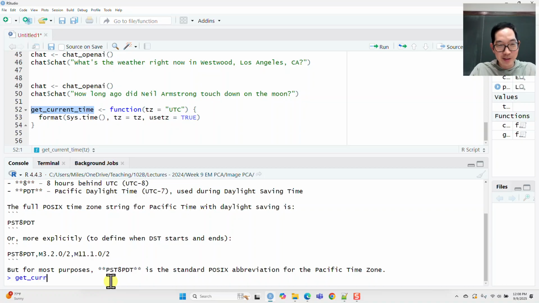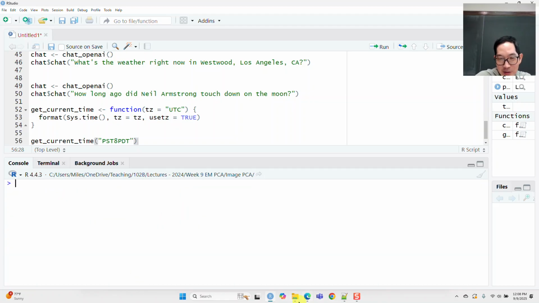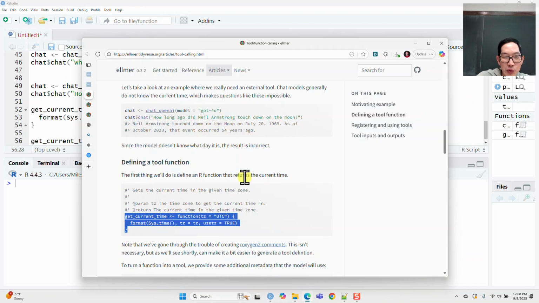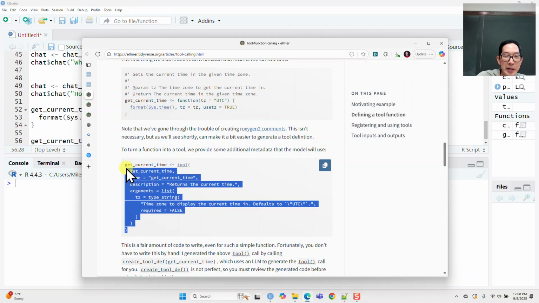Get current time. Oh, okay, yes, that's the one. All right, thank you. Okay, so we can do this, 1208. Yeah. All right, so that's what we have. Now we have this tool, and now we have a way to call the time, and we're going to